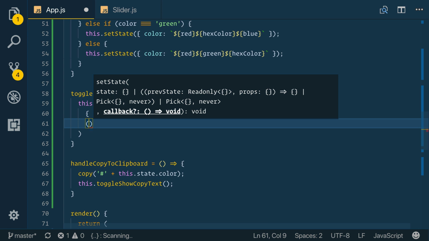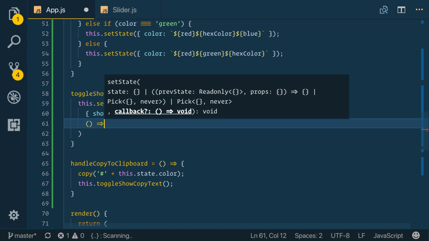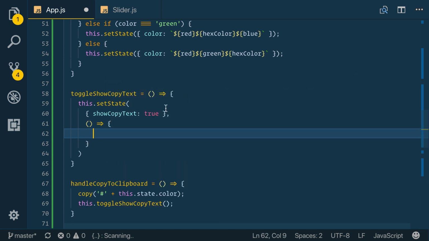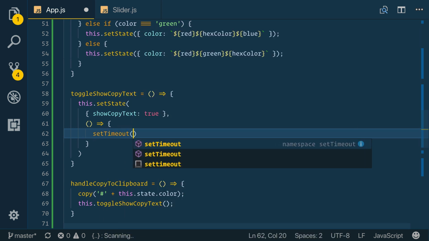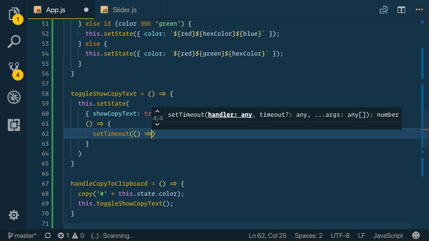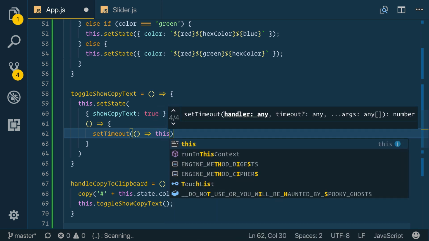So then it'll go back to the color. So you can pass a callback function, which a lot of people don't know about. So you can call this set state, and once it's finally done updating and re-rendering, then I'll call this. That way we can guarantee it'll show for exactly 1 second. Ish, I say. So we use our classic set timeout, which is a built-in function in JavaScript. So you can just set a timer for however many milliseconds you want. And when it's done,